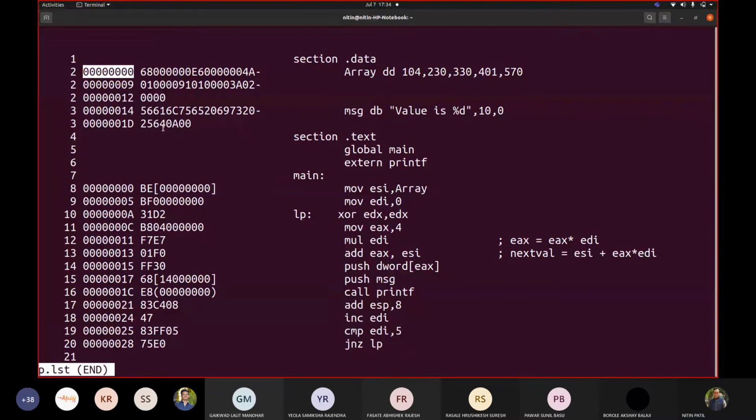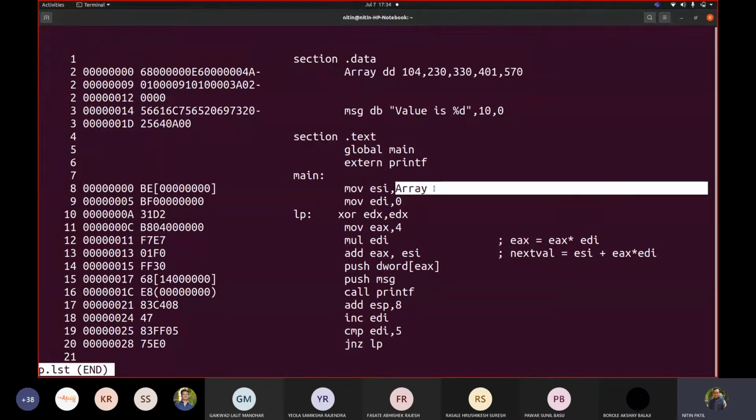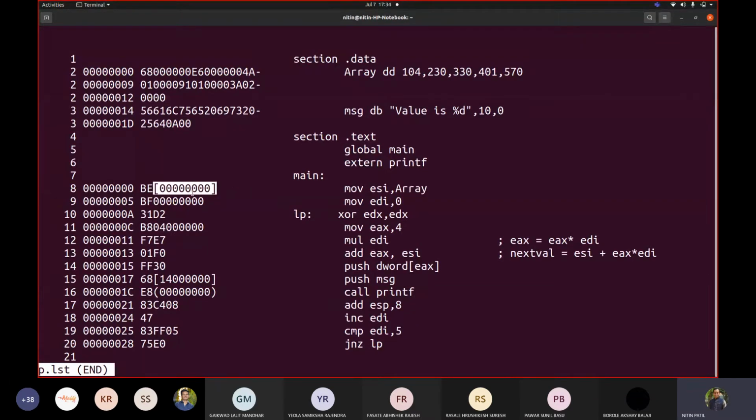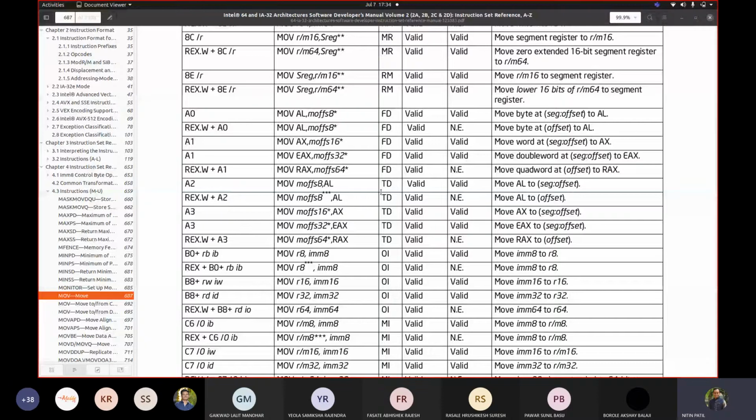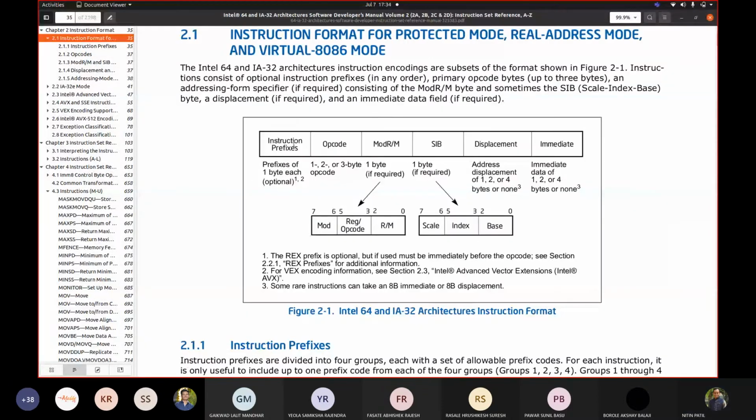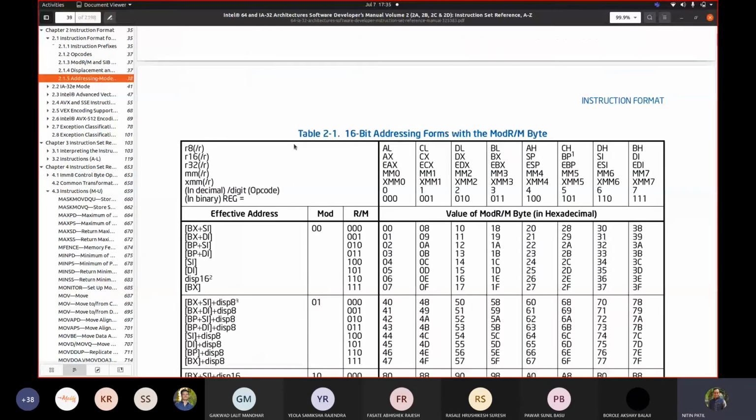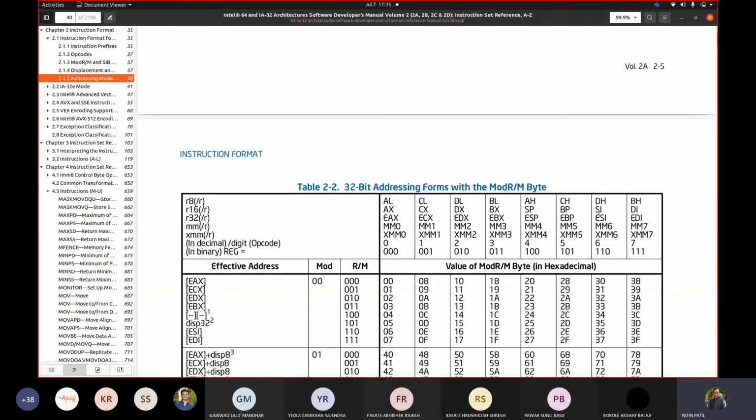But it only concentrated on this ESI and EDI. So it treated this as an immediate value. Only that value needs to be picked from this address. See there, ESI comes first before EDI, correct? See the order, like what we saw here on this page. Yeah. See, ESI comes before EDI. So 6 and 7. So 110 and 111.